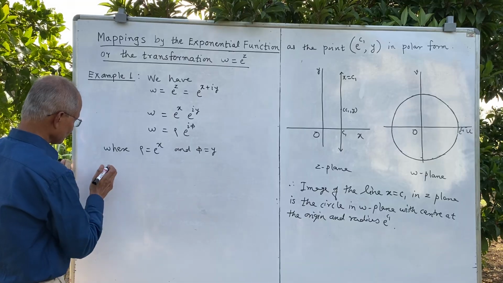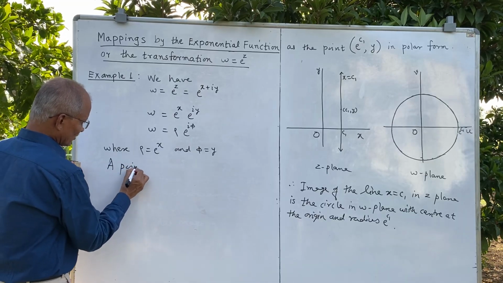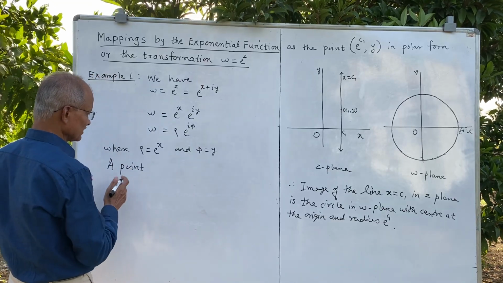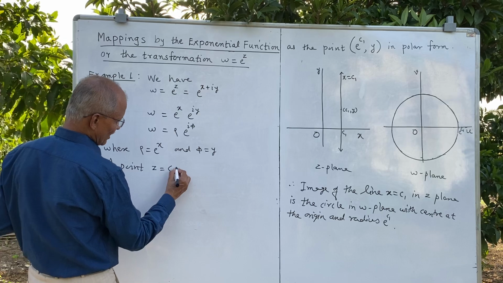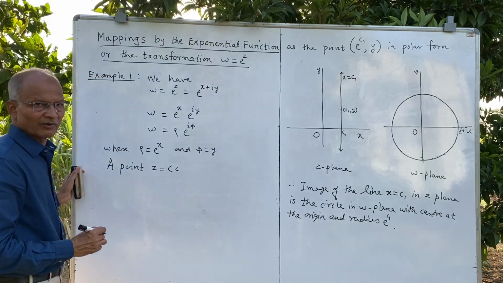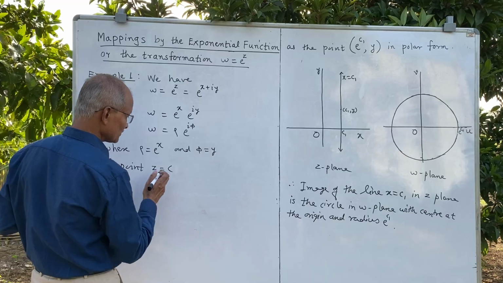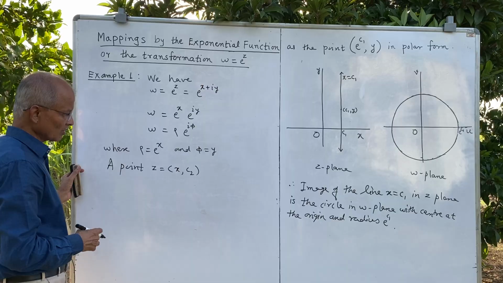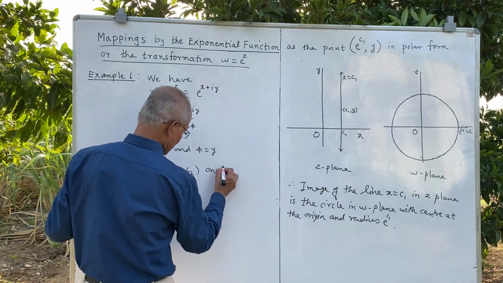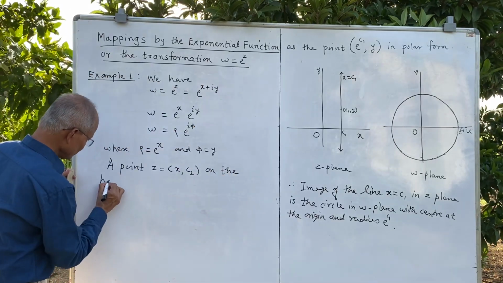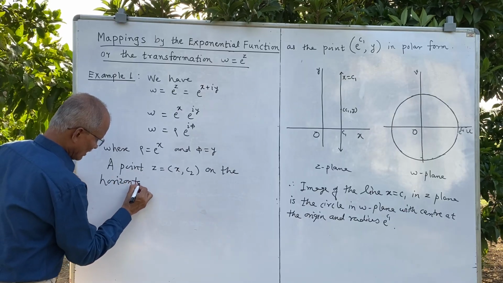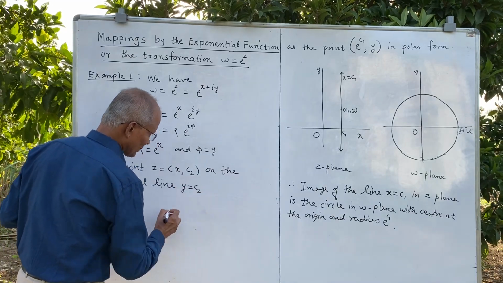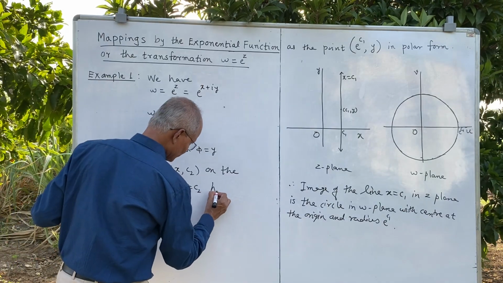On a point C, we will consider the point as z again, and that horizontal line, its equation is y is equal to C2, and x varies, x comma C2. A point z, x comma C2, on the horizontal line, that is y is equal to C2, has polar coordinates,